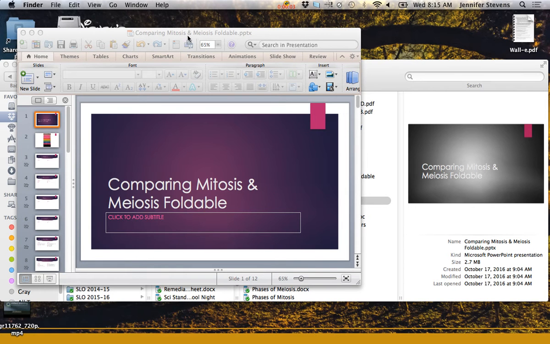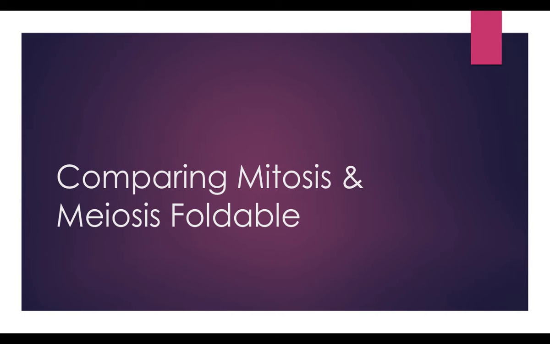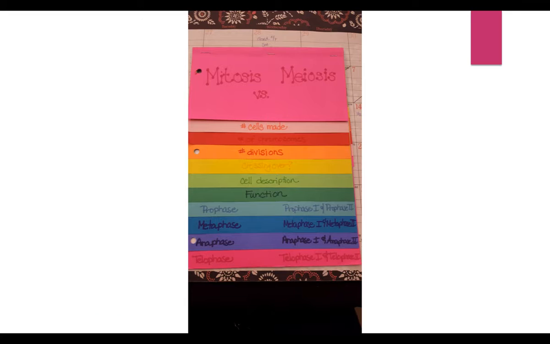Okay, so today what we're going to be doing is we're actually going to be making a foldable. So you should have gotten some sheets of paper, and essentially this is what it's going to look like. So the two pieces of cardstock that you were given are going to turn into the top piece and the bottom piece. And then you've got 1, 2, 3, 4, 5, 6, 7, 8, 9 additional pieces of paper that you're going to kind of put together, and you're going to fold in this way,